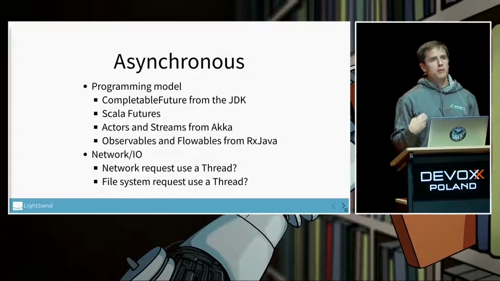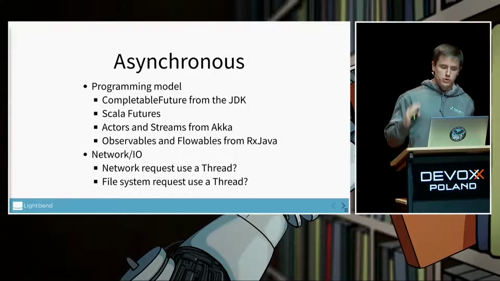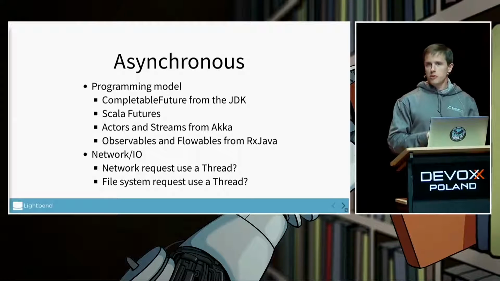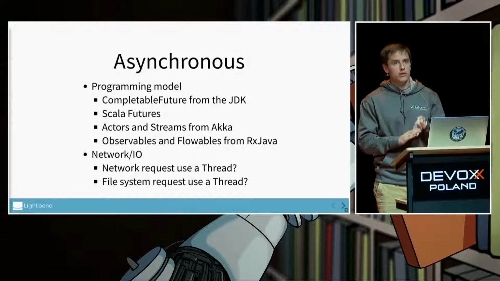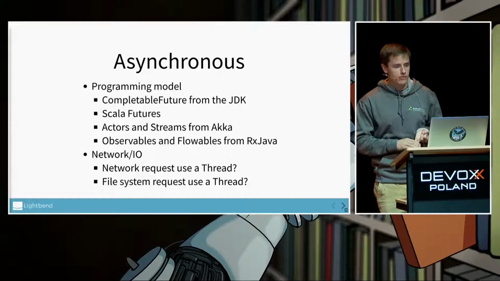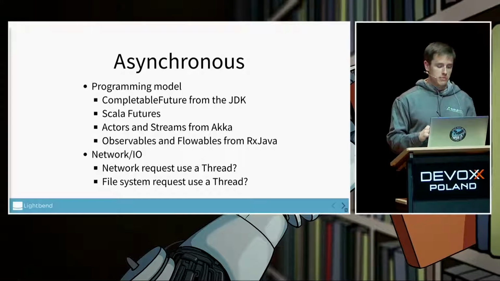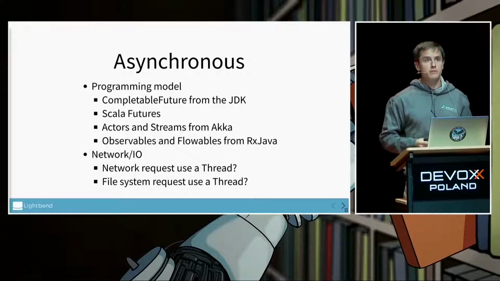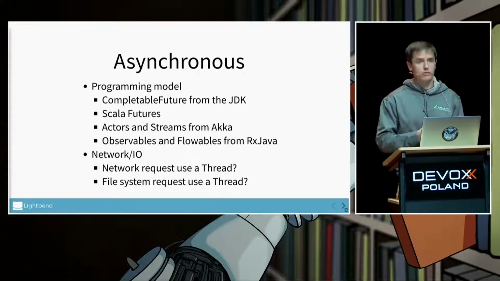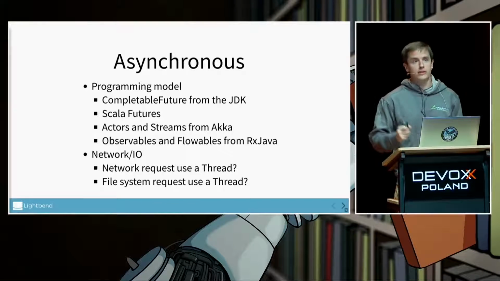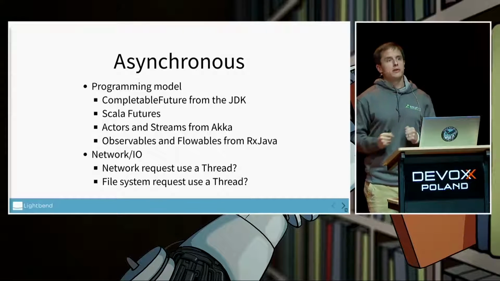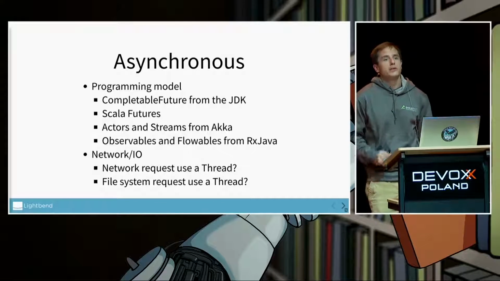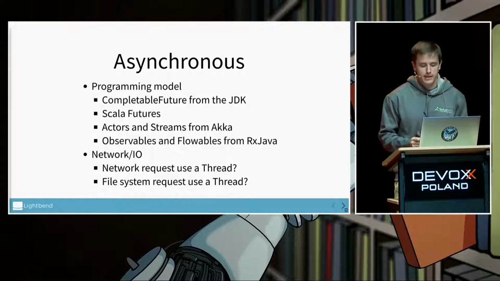And when we talk about being asynchronous, I think it falls into two categories. First, we've got the programming model. So in Java 8, we've got the CompletableFuture. If you're working in a language like Scala, then you've had a feature like that built in for quite some time. Inside the libraries I work on, we've got actors and we've got streams, and I'll show you some examples of streams, not really actors, today. You've got things from RxJava. And what they do is enable us to be asynchronous all the way through. We don't have to, but they can enable that.